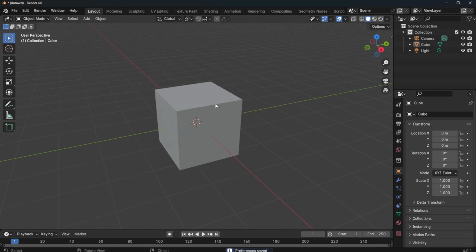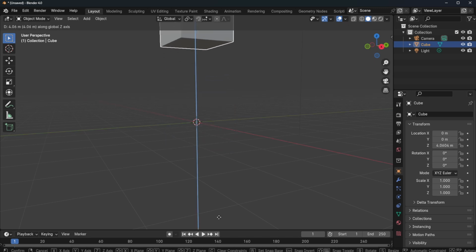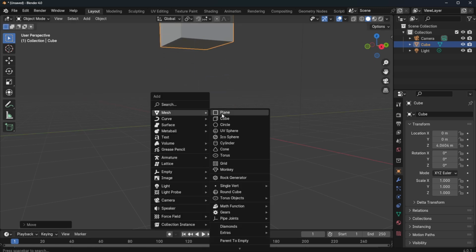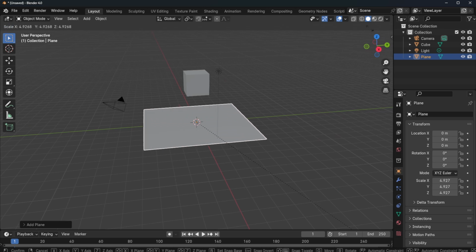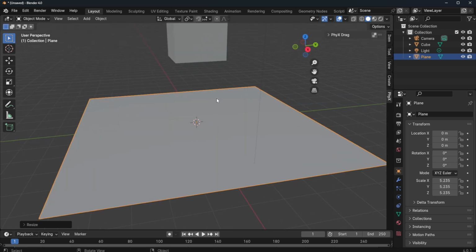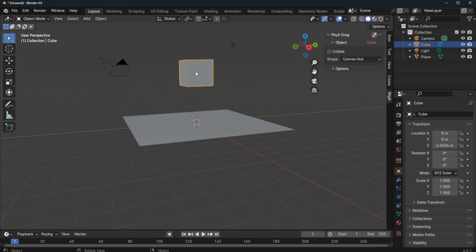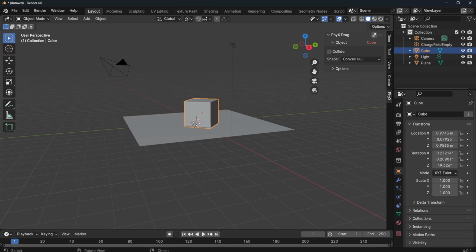And from here, working with this is extremely easy. So let's take this all the way up by tapping G and raising this all the way up. And from here, we're going to create a simple plane. Let's scale this plane all the way. And if we tap N on the keyboard, you'll notice that we have physics. Now with that done, if we click on the physics drop down, we can set this to become a collider. And once we have this as a collider, if we tap F on the keyboard, we can now place this